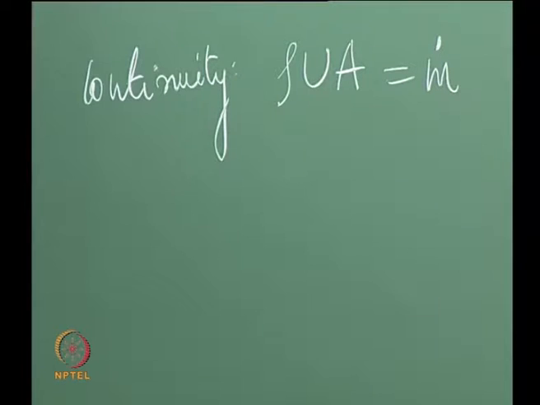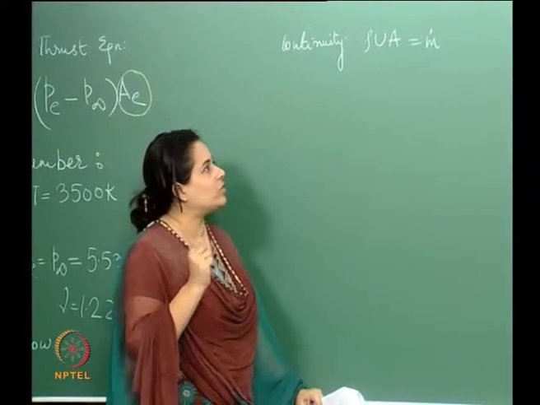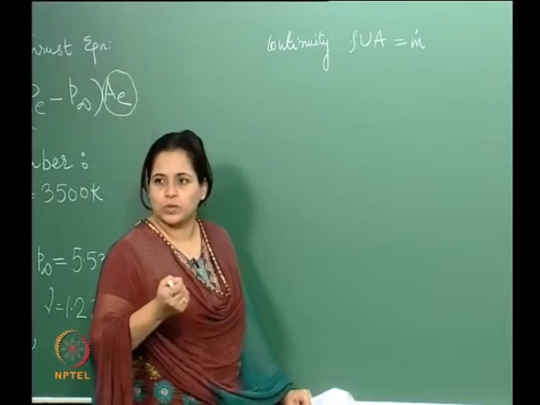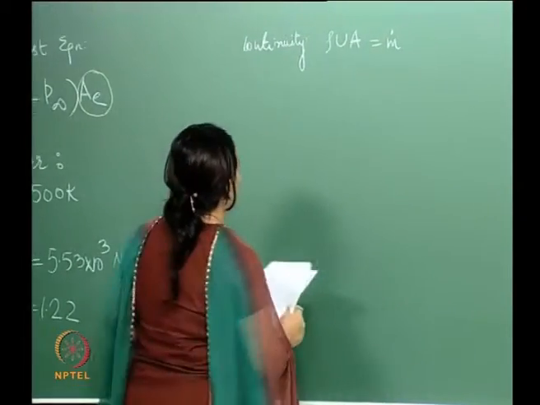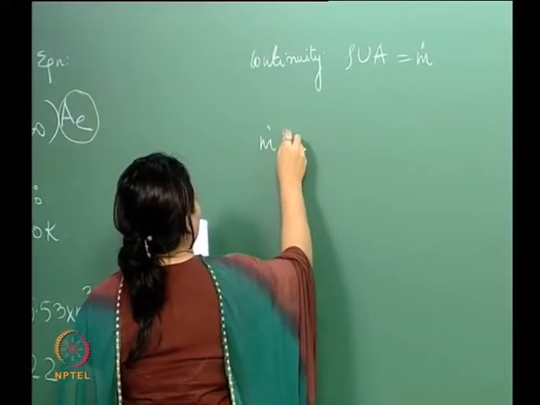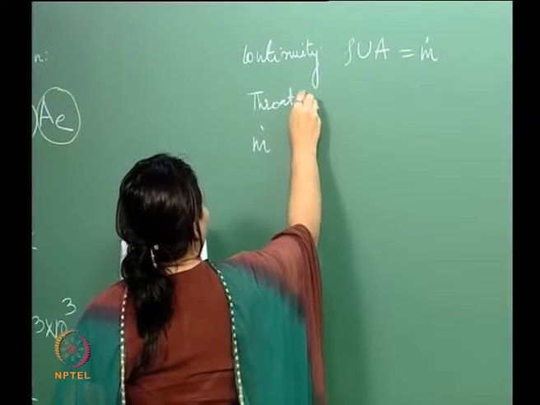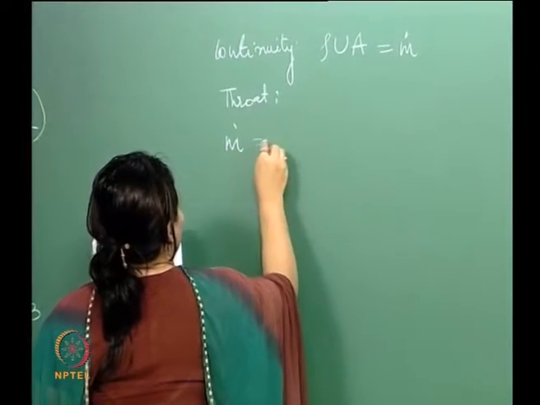Let's take the throat as a convenient location. And if you remember, all the values at the throat of the nozzle are denoted with the superscript star. So we will do that here. Taking it at the throat, a convenient location, what we get is